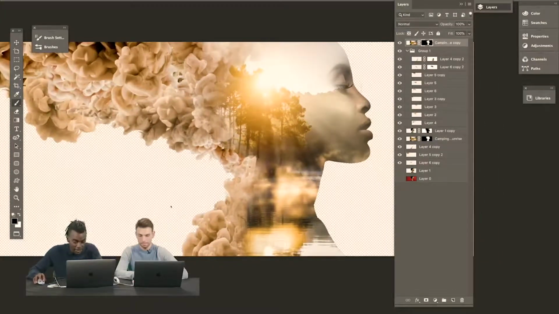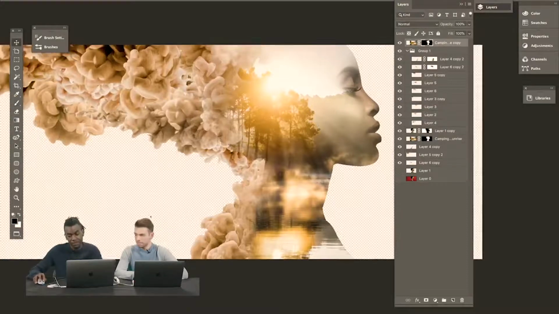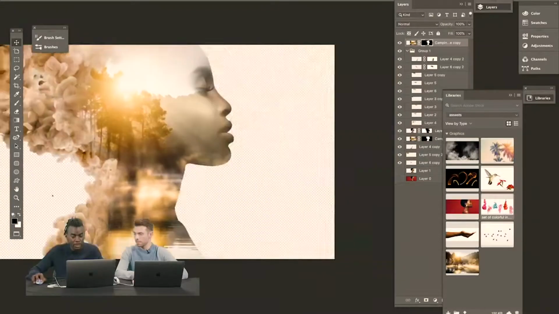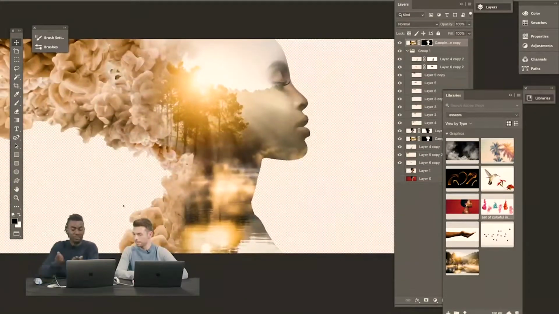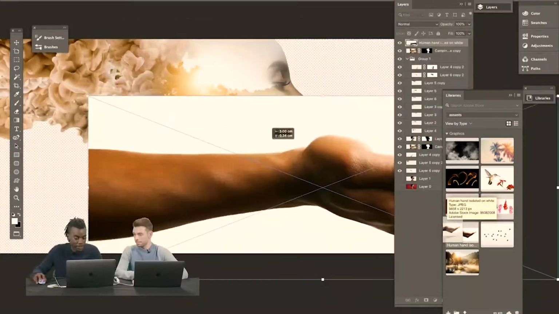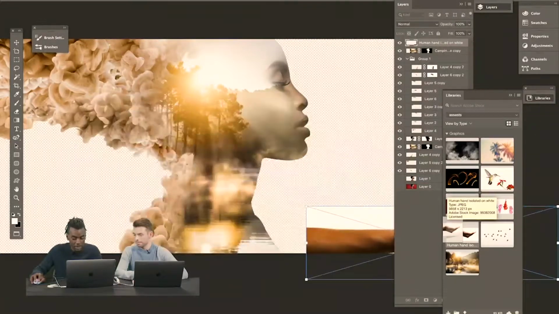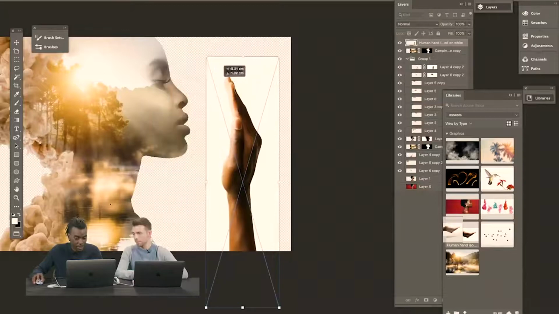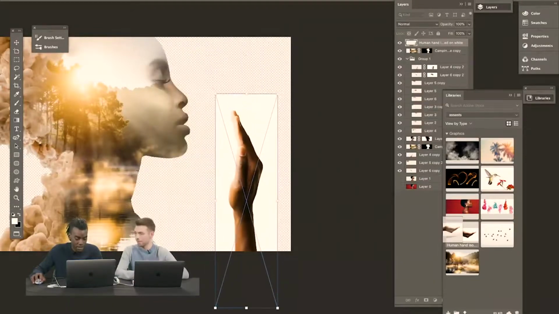Actually, there's another asset I want to include that I should have done from the start. Let me just save this, go back to our libraries panel. Now I'm going to get this hand, because I want the hand to be facing her like she's holding something or looking at something. So I'm going to drag this hand in, this hand that I got. Let's reduce the size of that. Rotate. So you've got somebody else's hand, you're just going to comp that on top. Yep. Hold down